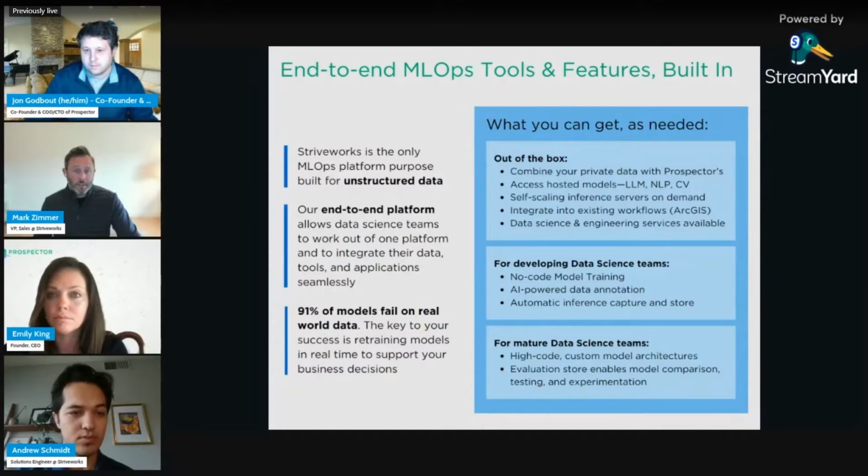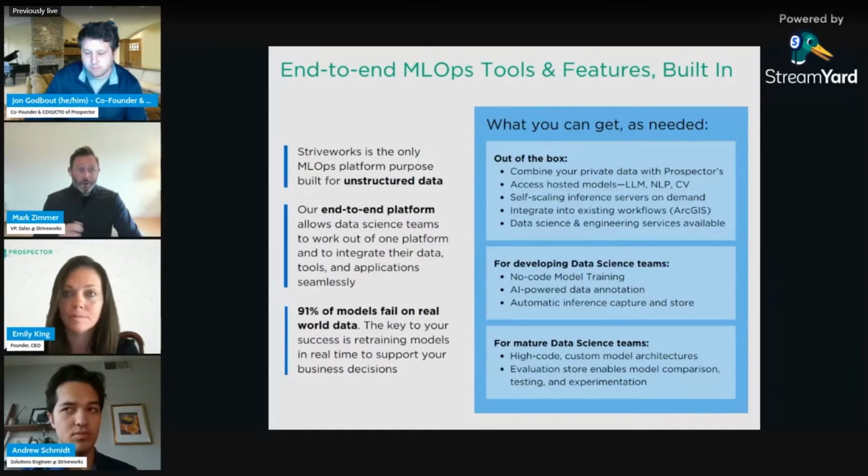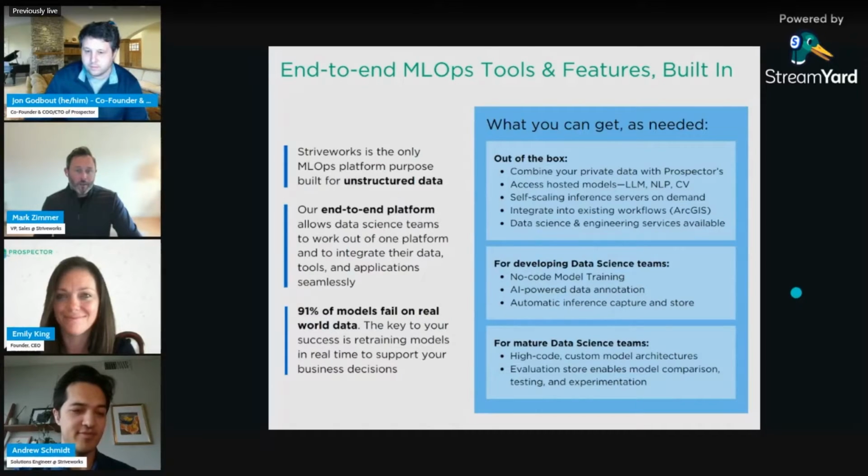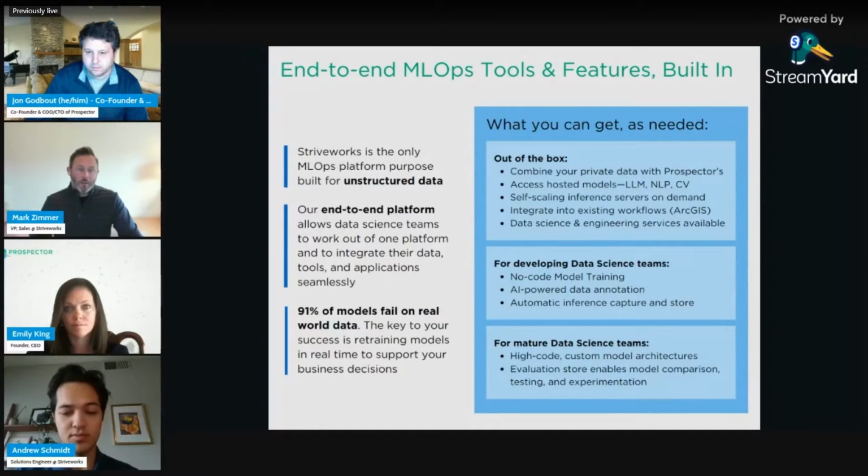We have a ton of expertise internally, PhD data scientists and ML engineers, to support these use cases for customers. So, whether you're a 0 or a 10 on your AI journey, we meet our customers where they're at in that sense as well. And this is not some high code platform that no one can use unless you're an L5 engineer or ML engineer. You have the ability to do this if you're just a traditional user trying to leverage your expertise in the application or the use case to interact with your development team to ensure that those models are accurately providing you the insights that you need.